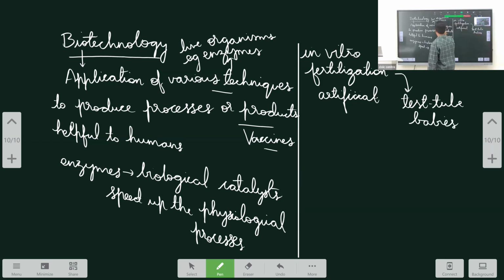That is one example of how you apply the techniques to produce or make changes to the process. So in vitro fertilization is one example where you use the techniques with respect to the biological process within the organism, or within the person, to make the desired changes that you would want. Further, techniques in recent times have been developed to such an extent that